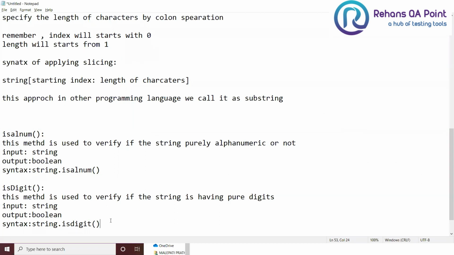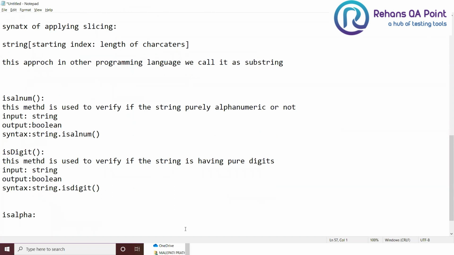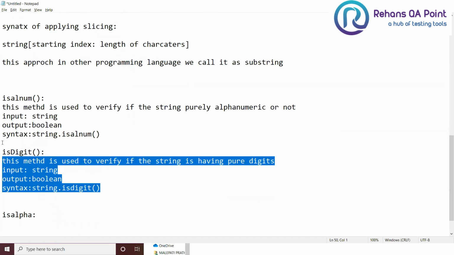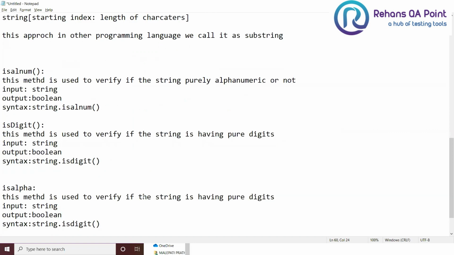So what is the next method? It is going to be called isalpha. What is the purpose of this method? This method is to verify if the string is having alphabets.